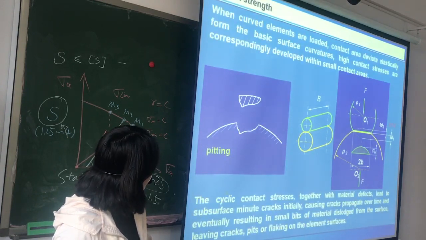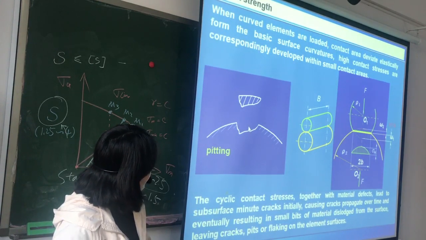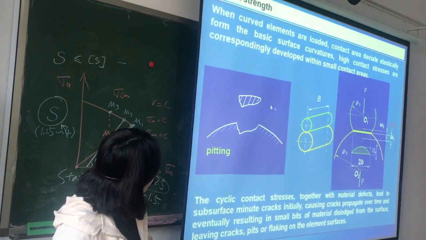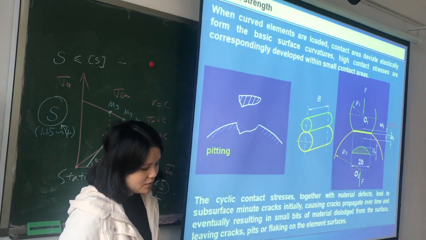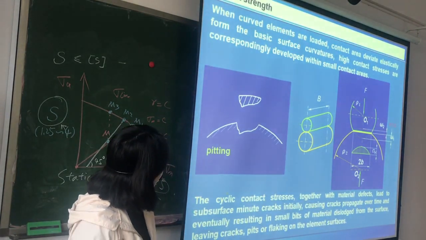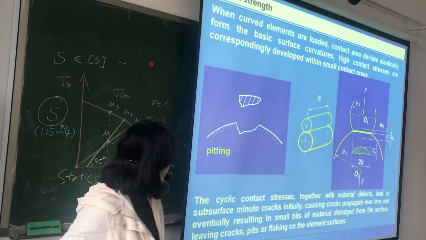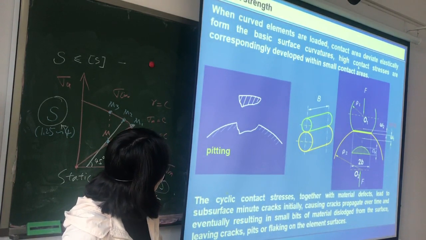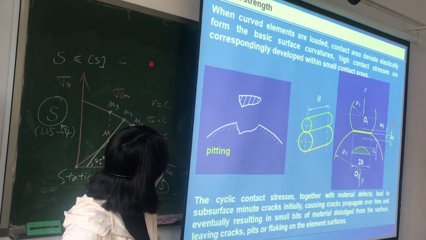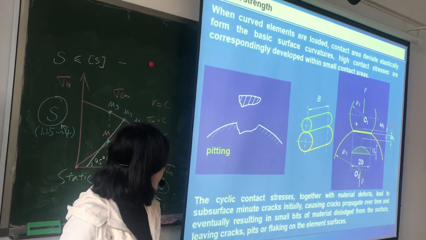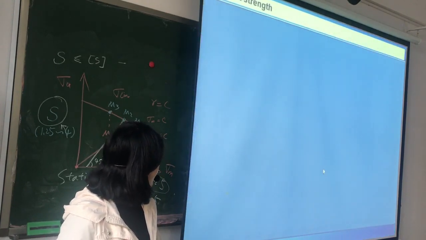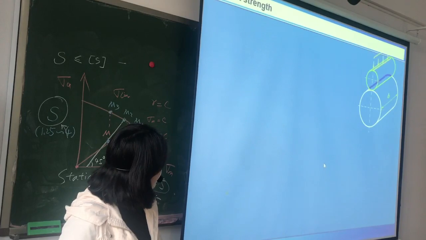And this is the heating on the surface. And when curved elements are loaded, they deviate elastically from the basic surface curvatures, and high contact stresses are correspondingly developed with small contact area, and we also can calculate